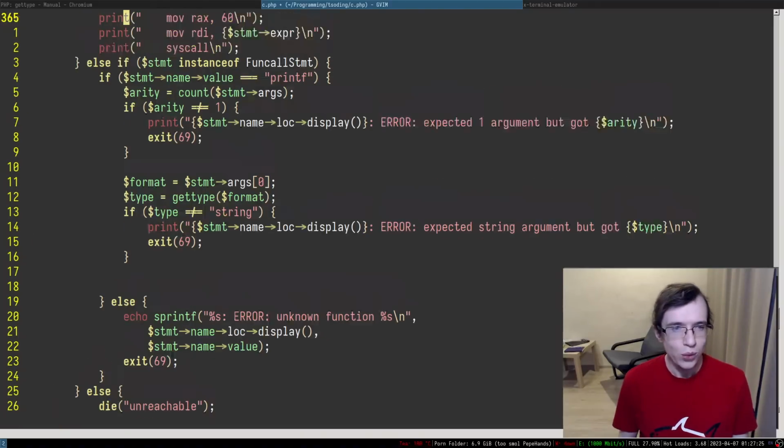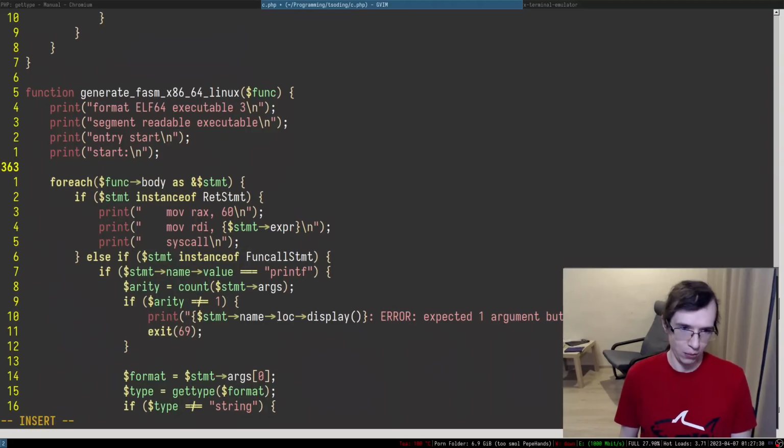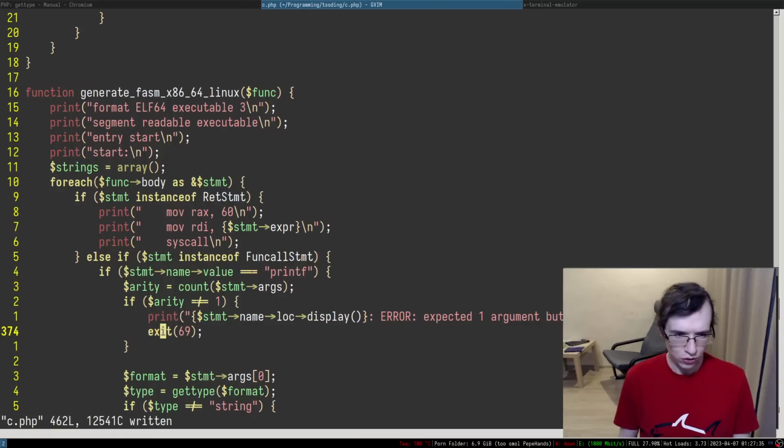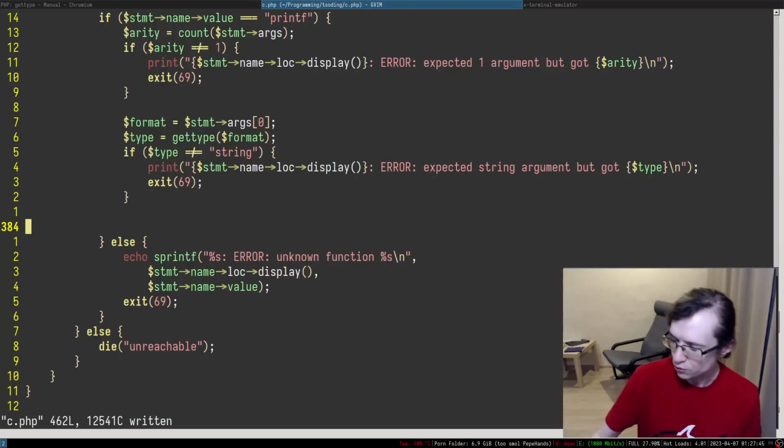So we have to basically store those strings somewhere. So let's actually create something like strings, and this is going to be an array of strings. Right, so what I'm thinking is that we are going to perform the syscall to write.